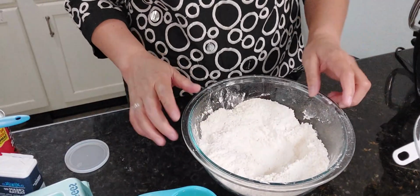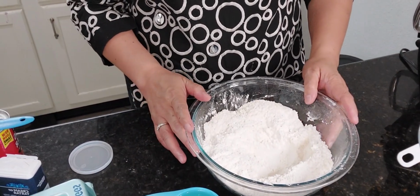Hello! Today I have a new recipe for you. It's called the ultimate ubi cake. So let's start. For our ingredients, we have here